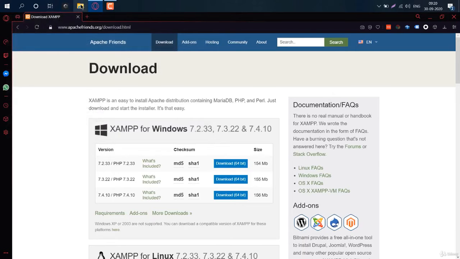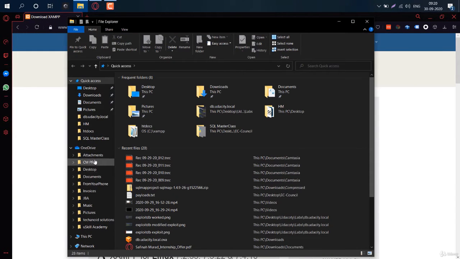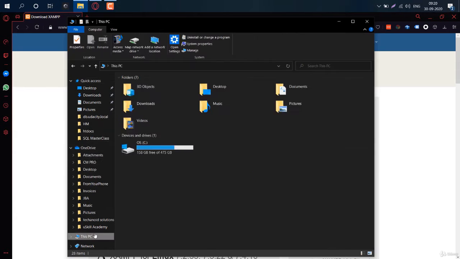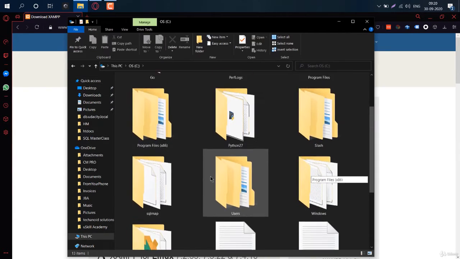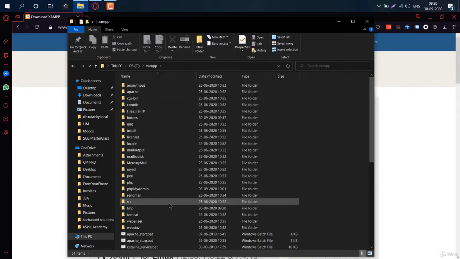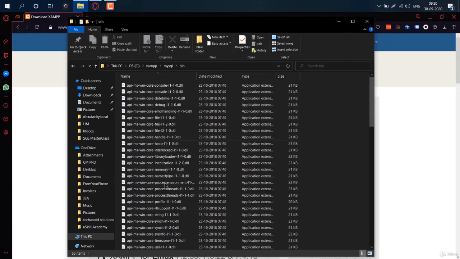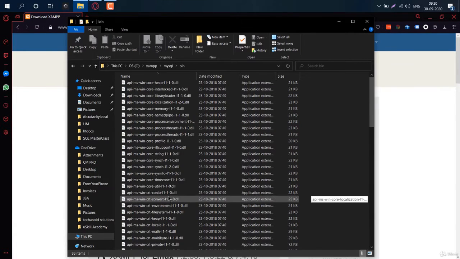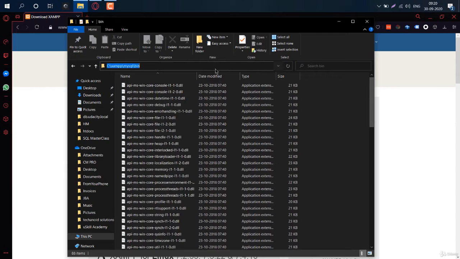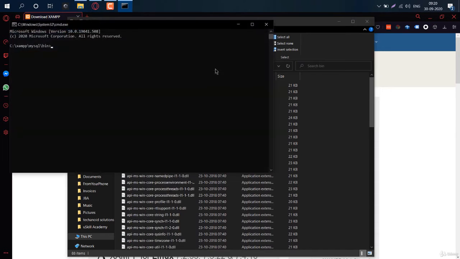And now go to your installation folder of XAMPP. In my case, that's installed in C drive. Here you will find MySQL. In MySQL, you have something called bin. And here you have all the files for MySQL. Open the command prompt or a terminal window in this location